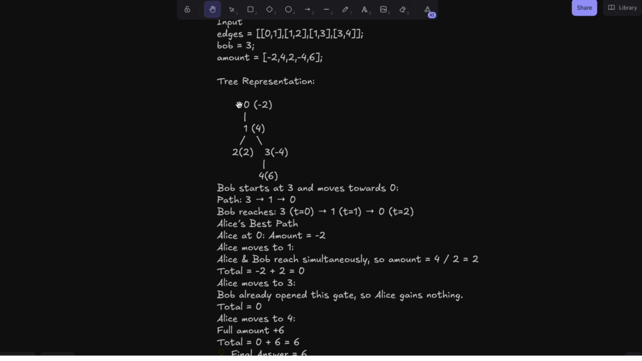So we have the input edges given here, and Bob is equal to 3, that is Bob will start from 3, and the amount is given here. The tree representation you all can see here. Basically Bob starts at 3 and moves towards 0. So Bob is here at 3 and he will move towards 0. So path 3 to 1 basically, it will give 0,